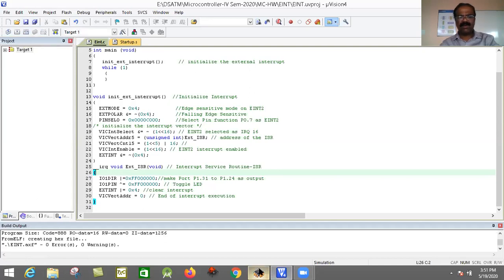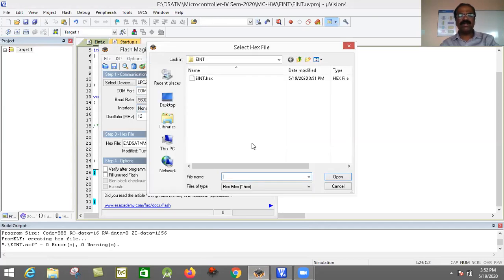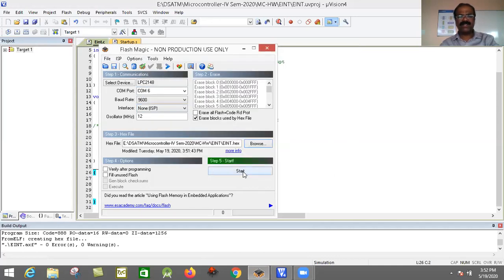Then we have to go to the Keil MicroVision Flash Magic software and select the appropriate settings. I already selected LPC2148, communication port 6, 9600 baud rate. Let it be enabled. Then browse; here our external interrupt 2 is the name of the X file. Then open, then start.